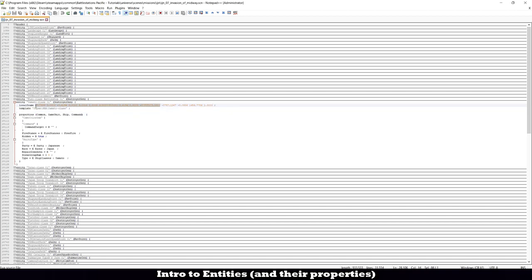Now all of these values right here, I would not suggest modifying each one of them, because they are facing values that determine what direction the entity is facing at the start of the map. I'm actually not really sure what each individual one means. I tried modifying them, but they usually end up in really quirky positions. Well, it will be facing straight up and the ship just kind of falls onto the ocean,